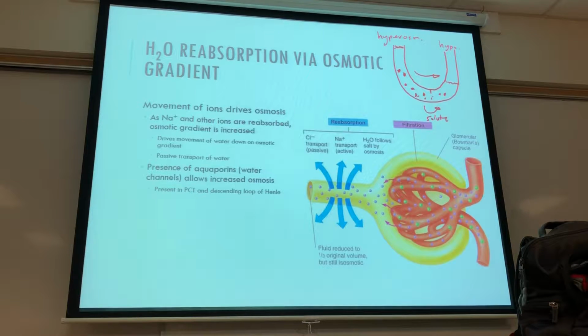And that's exactly what we're talking about with this slide, is water reabsorption due to the osmotic gradient. Whenever we move salts or any of the ions across, it's going to increase the osmotic gradient as we've been able to do on this image to the top. This whole movement of water is passive. I'm not using ATP to move water across. The osmotic gradient is just increasing the tendency for water to move over from the left to the right as we move solutes over. And now, water will move through osmosis and it'll diffuse across that semi-permeable membrane, but what's